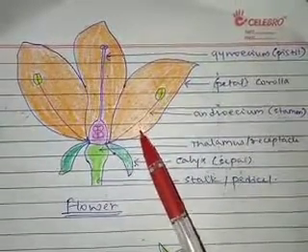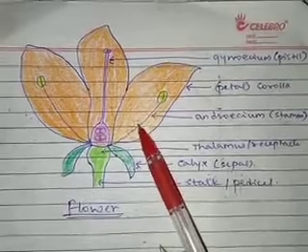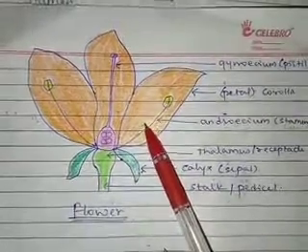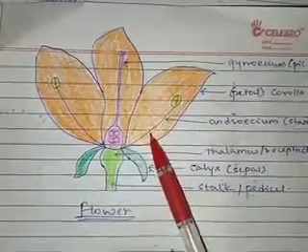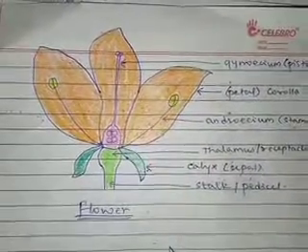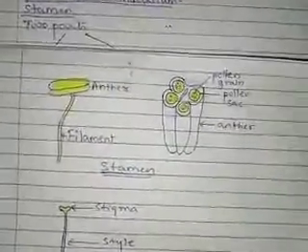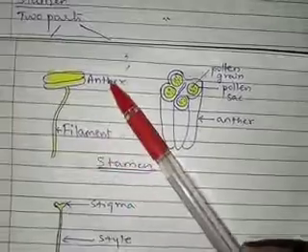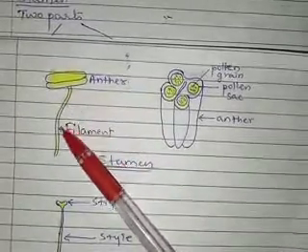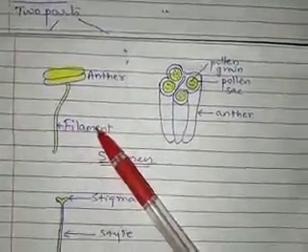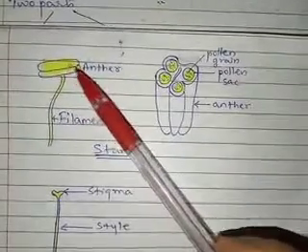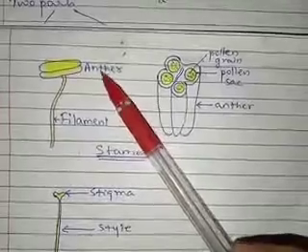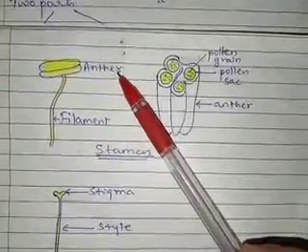The number of stamens in each flower differs. It depends from one flower to the other how many stamens will be present in that particular flower. When you observe the stamen in detail, you find that the stamen has two parts. A thin thread-like part called the filament, and at the top of the filament there is a lobed structure called the anther. This anther has two lobes.